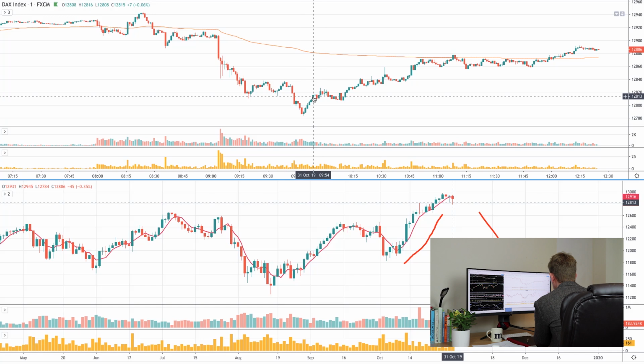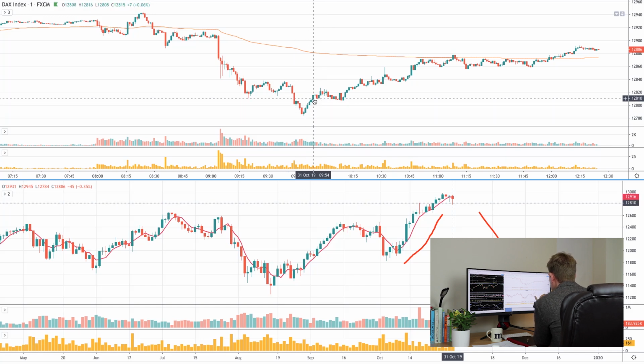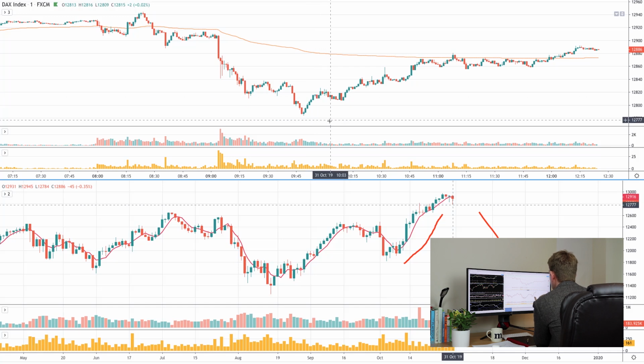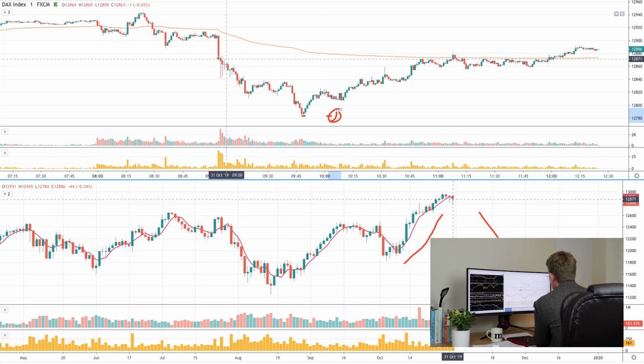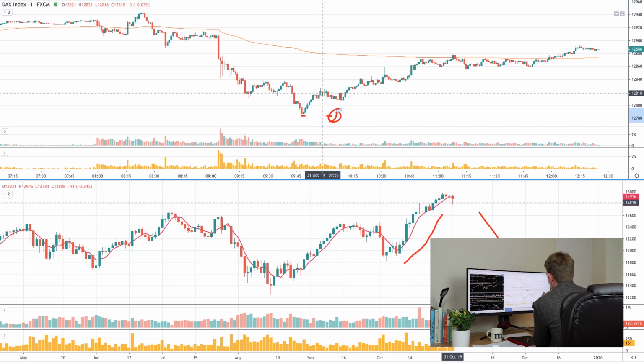So again, we have not pulled the trigger yet. We might pull the trigger here and been stopped out, but we're waiting. We want to see what happens after this. If it starts to revisit, then obviously we don't want to get involved in it. Maybe we then look for a low break here, it's under here and back up. That would set up a nice trade, but no, we haven't got that yet. So now we're saying, okay, we're in buying mode. Where do we start to buy now?